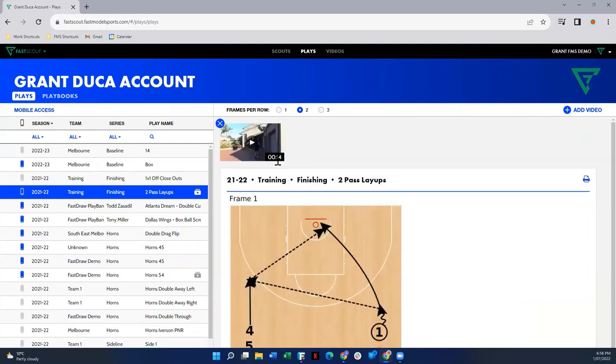So once it's loaded, you'll see there's 14 seconds. You can play it from here. You'll also see that little icons attached there. Now, if we hop over to videos,